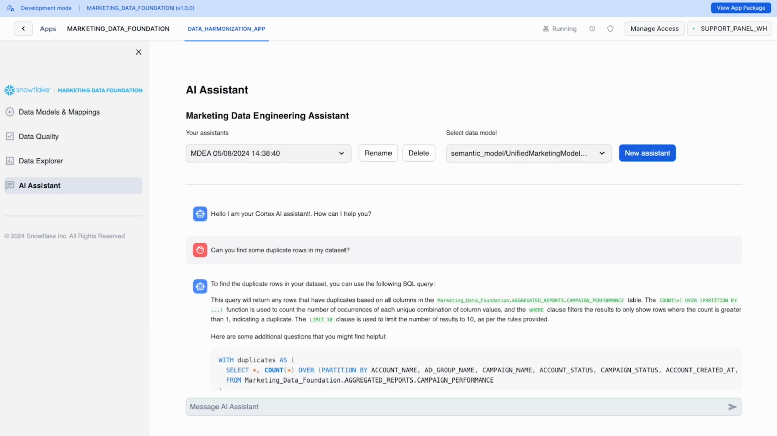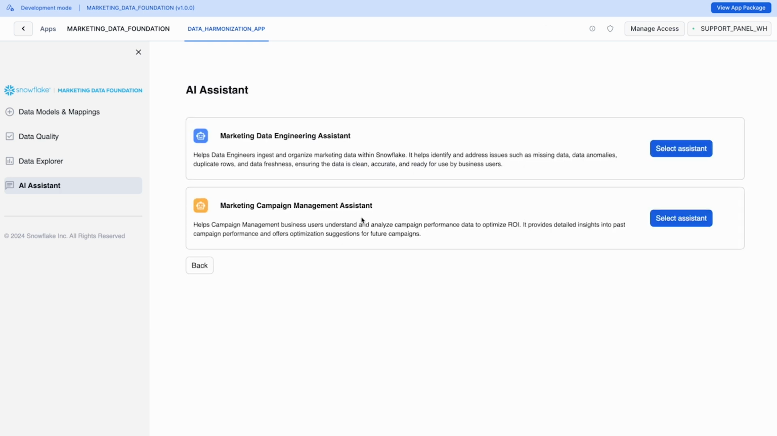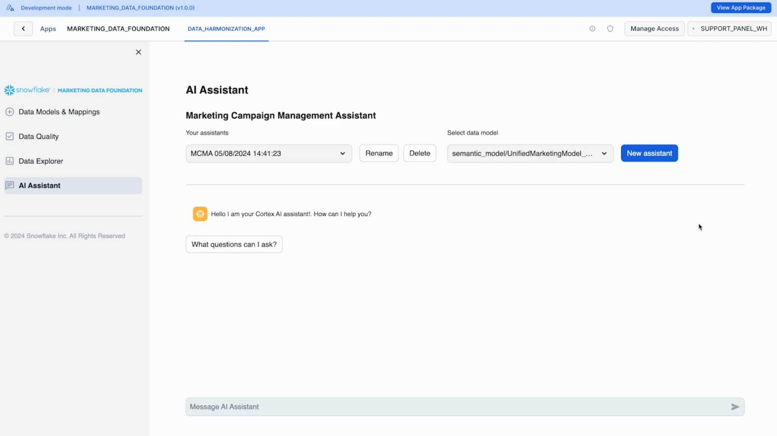And the other thing that we can do is run follow-up questions also in the campaign management assistant. So what if I want to know how much we spent in a specific campaign during a specific month? So let's ask about that. I want to know how much we spent in the Data Cloud Expo 2024 during the month